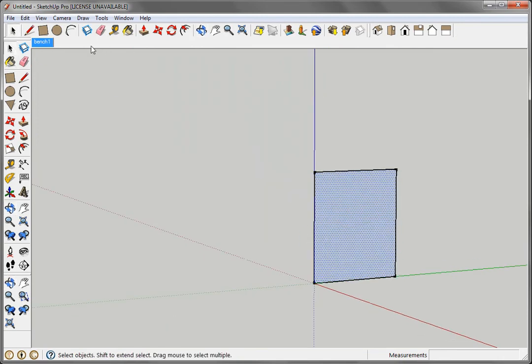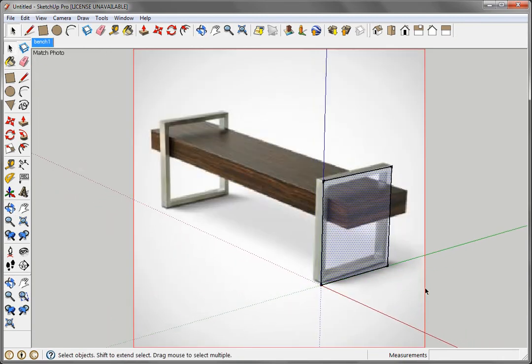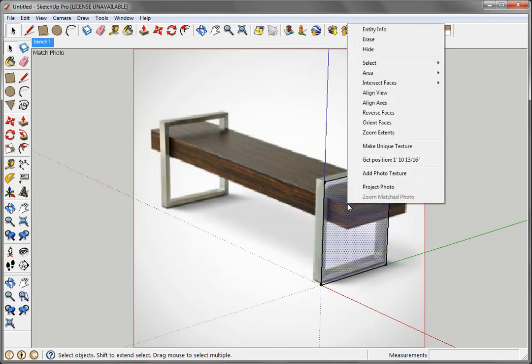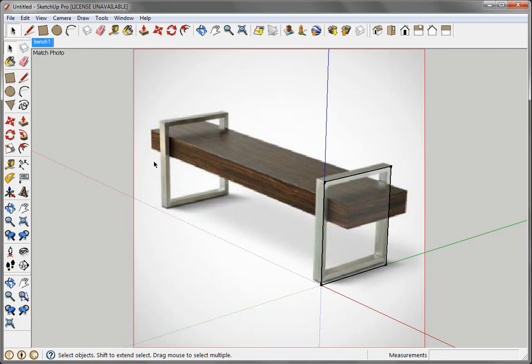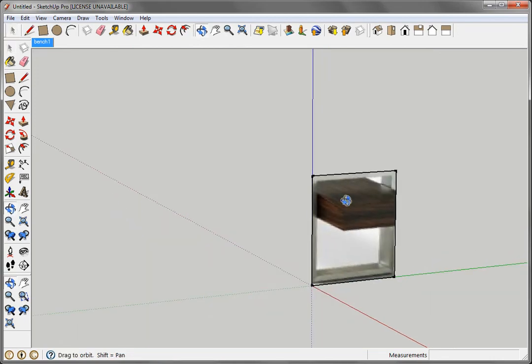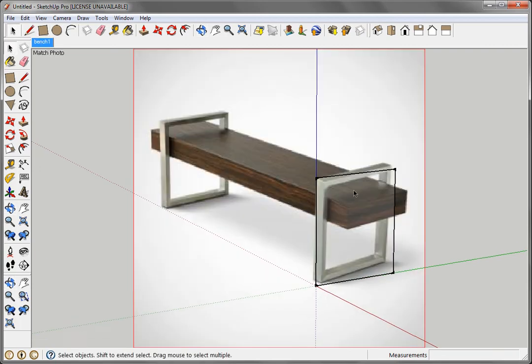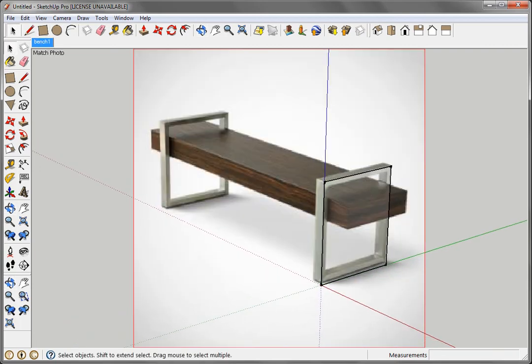Okay, so that's helpful, but the big benefit to this exercise then is what I can do, what's called projecting the photo. So if I do this, it takes the image and it actually puts that on that surface. So now if I orbit, you'll notice it has that image applied to it. So I have this. What I'm going to do is push this back, and just by looking at this reference I can tell I pushed this back to develop this structure to the bench. And then I can use my offset